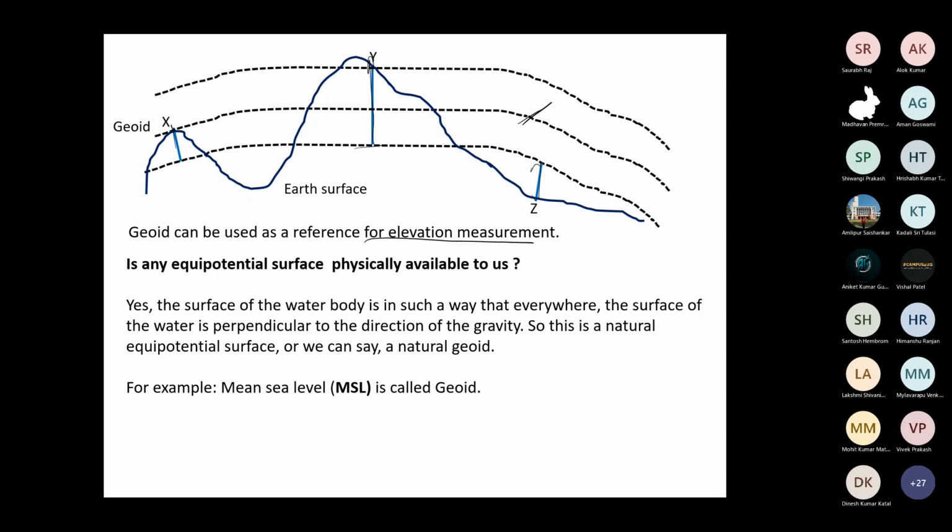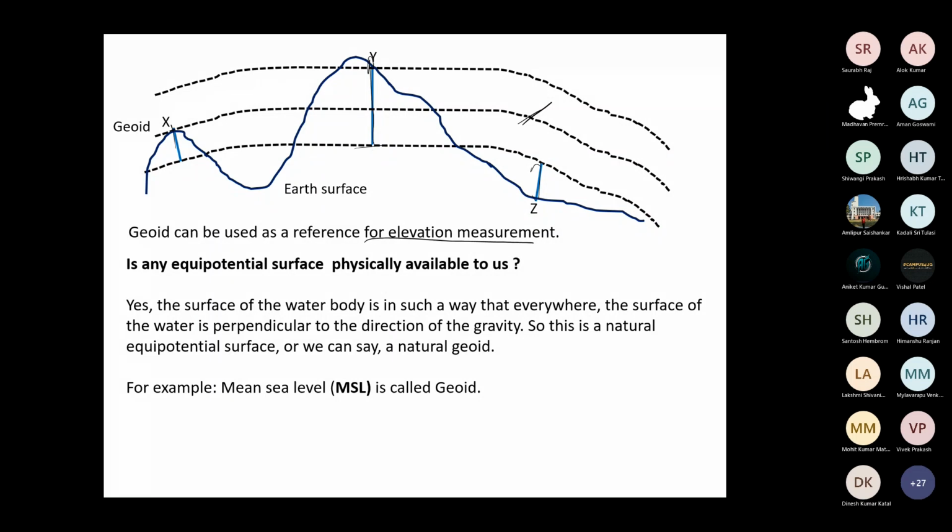Yes, sir. Please explain it. What do you understand? So we needed a reference from which we can measure for the entire Earth. So we got the mean sea level because it is an equipotential surface, as the water is perpendicular to the direction of gravity every time. Yes, that's why we make it. Judiciously we have done it. Okay, so keep this in mind.